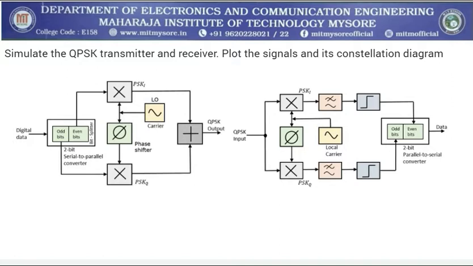This particular experiment consists of two different units: one is the modulation unit and the other is demodulation. We're going to take a binary signal, that is BPSK, that will be sent to the bit splitter. From the bit splitter, it will be sent to two different regions, the I phase and the quadrature phase units, and these two are combined. The resulting waveform is called the QPSK waveform.